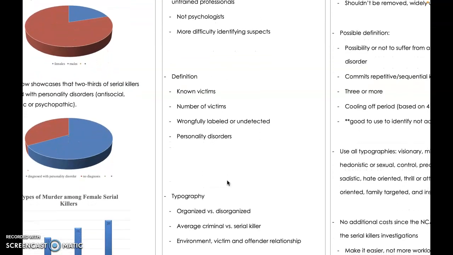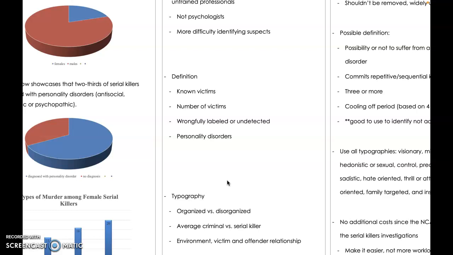The definition that was given for a serial killer was known victims, meaning it doesn't account for the possibility of having three murder victims that they haven't found yet. No, it's just known victims. So if they found the body or the victim, that's all they would count. If someone were to murder, let's say, 5 people in total, but they only found 2 bodies, they would barely be labeled as a serial killer, because the FBI does